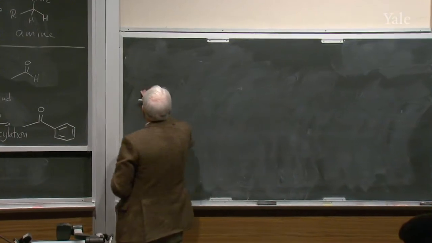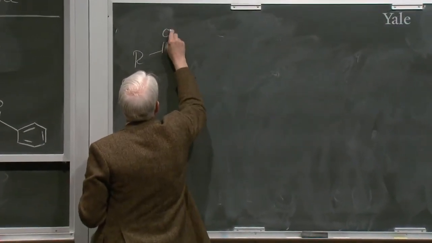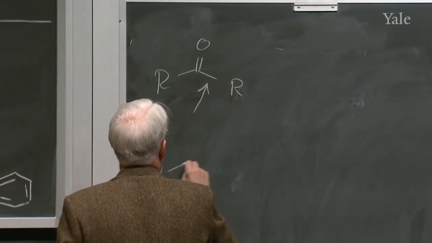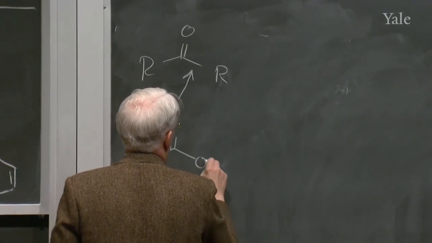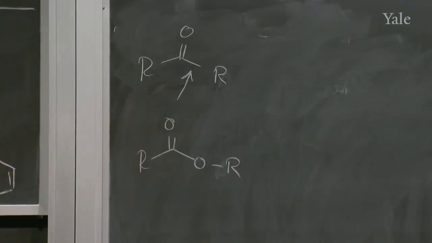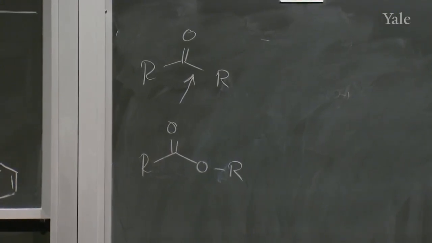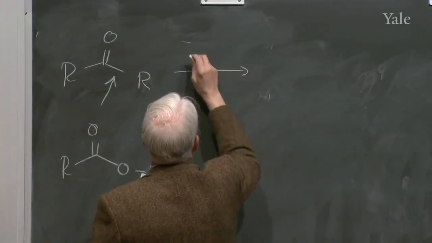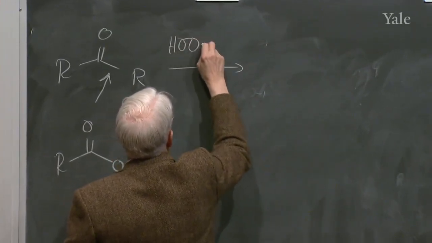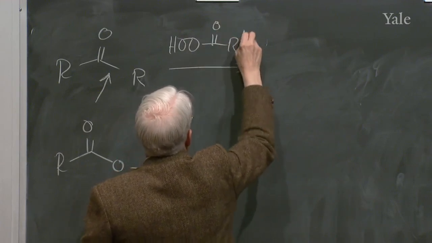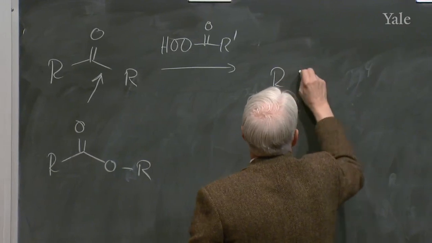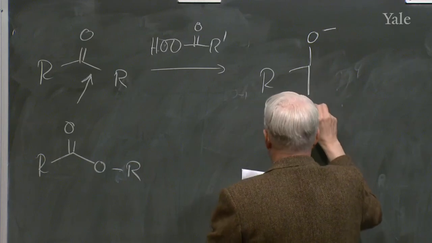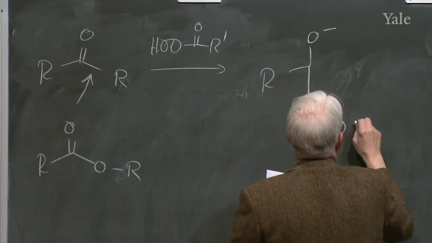So what we're doing is taking R, C=O, R, and we're going to insert an atom in here to make it R, C=O, O, R, right? So change a ketone into an ester. And the way it's done is to react it with a peroxy acid. Right? So now we have R, O minus, and it is acidic, so we'll take the O minus, O, O,